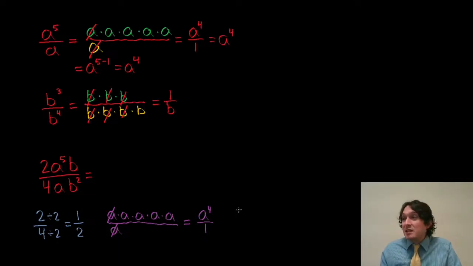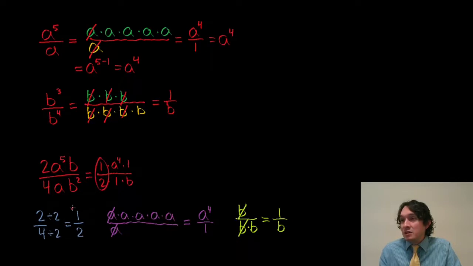And then last but not least, I can do the same with the b's. I have 1b on the numerator, and I have 2 on our denominator. And likewise, just like the a's, cancel, cancel, and I end up with 1b on my denominator. And so you see how you can just deal with each part individually, and then we can put it all together. So I have 1 over 2, I have a to the 4th over 1, and I have 1 over b. So you see how each part, I just took the answer and I put it back, and then let's